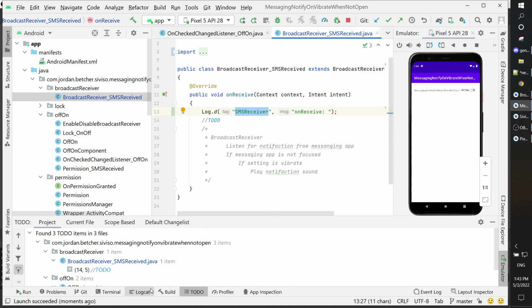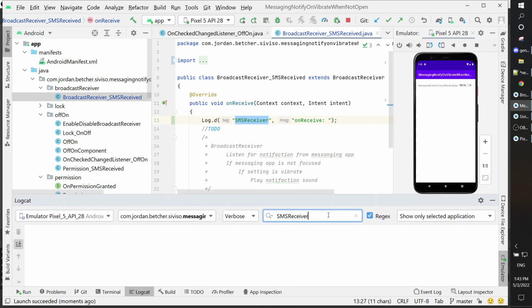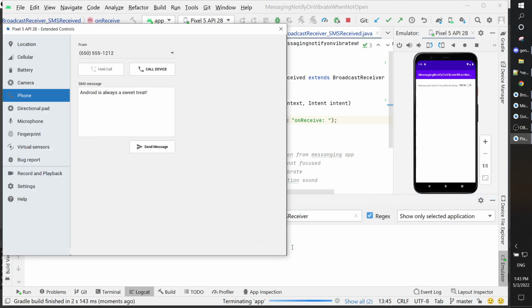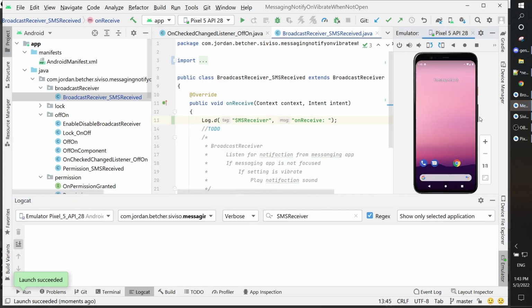Right, and logcat search. There. Okay. So save, run again, because it has to update the app with the change. I run it, nothing happens. If I turn it on,